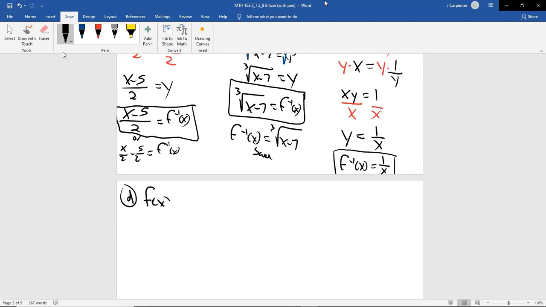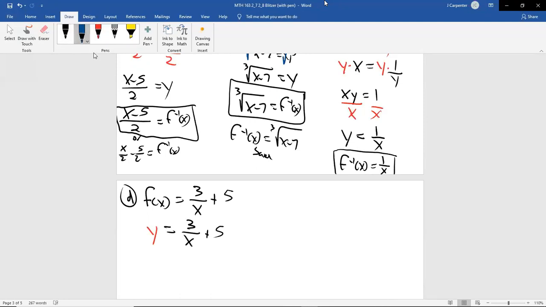All right, so let's do another one that's got that over x component, but let's put some more jazz in there. So we'll have some nice dissonant chords. Sorry. Music theory. So f of x equals 3 over x plus 5. So this is different because of the 3 and the 5. The 3 doesn't make it too different, but the plus 5 does make this a little bit more different. It sounds weird. All right, first step, write f of x as y equals 3 over x plus 5.